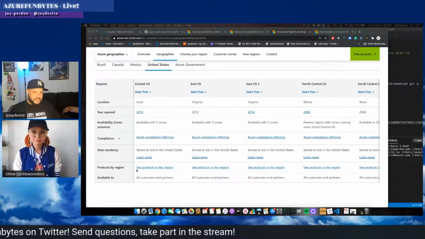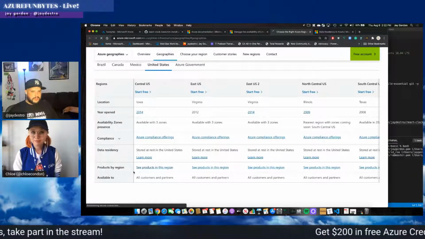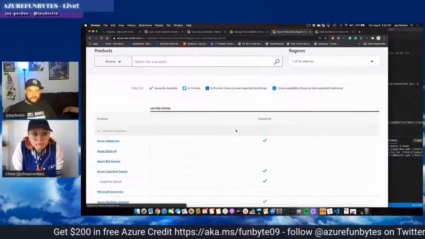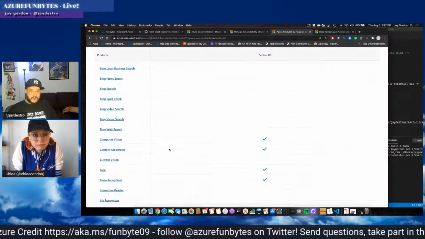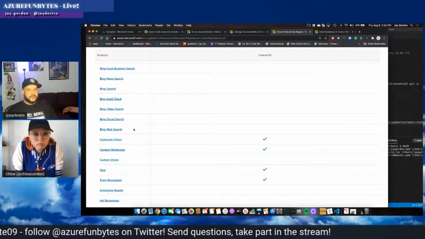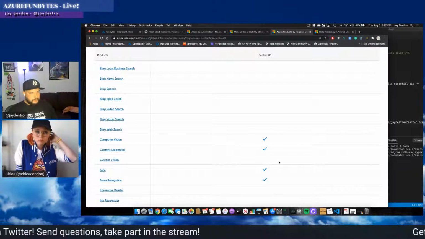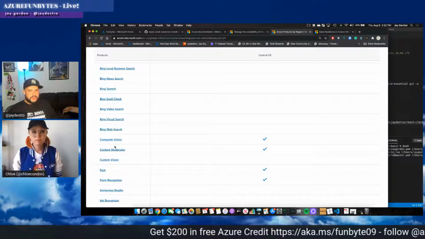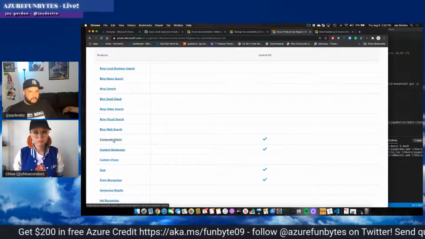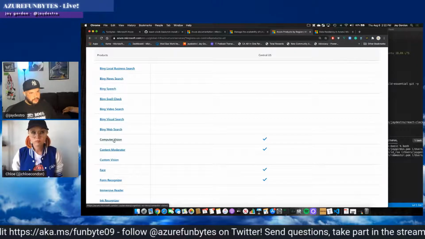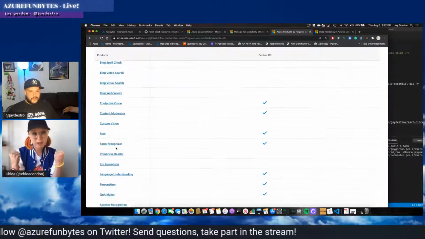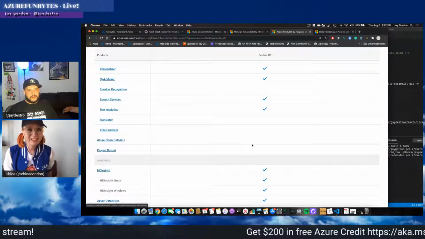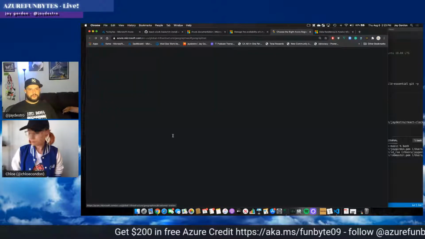And then all of these regions have different products. So you can take a look here in the central US. There will be some products that exist that are just not here because services or servers or whatever, they just haven't been put there, or the services are just still kind of small in use. So computer vision is one of those services to look at images and come up with an idea. That's here, but they have Face, my favorite API, the Face API. Well, we can see here that Azure Open Datasets, it's not here. So if we go back,